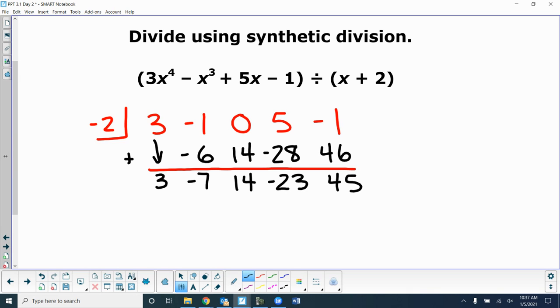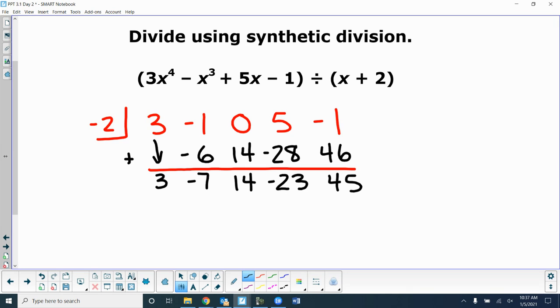Any questions on how I got the numbers? Did I make any mistakes? Sometimes I get in a hurry. I think I did it right. So then my original problem was 3x to the 4th. So my answer